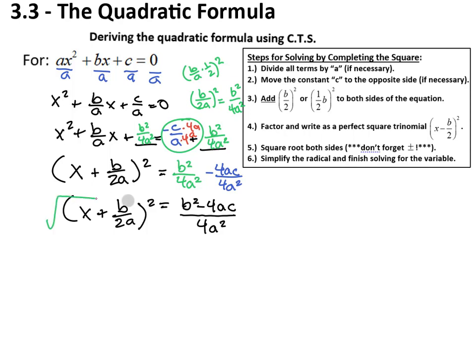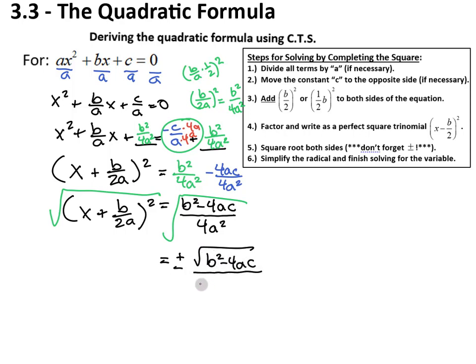we've created our perfect square. So we're going to square root both sides. Don't forget to put plus or minus. So we're going to have a plus or minus on the left here, or sorry, on the right. And remember properties of radicals, we said we can separate the top and bottom as individual radicals. So square root of 4a squared. And over here, of course, the square root and square are canceling each other out, and we get x plus